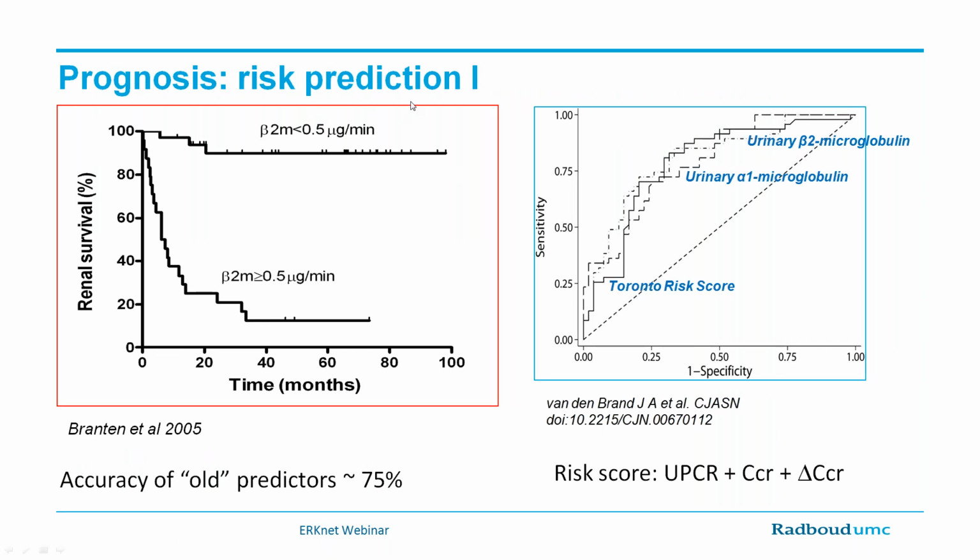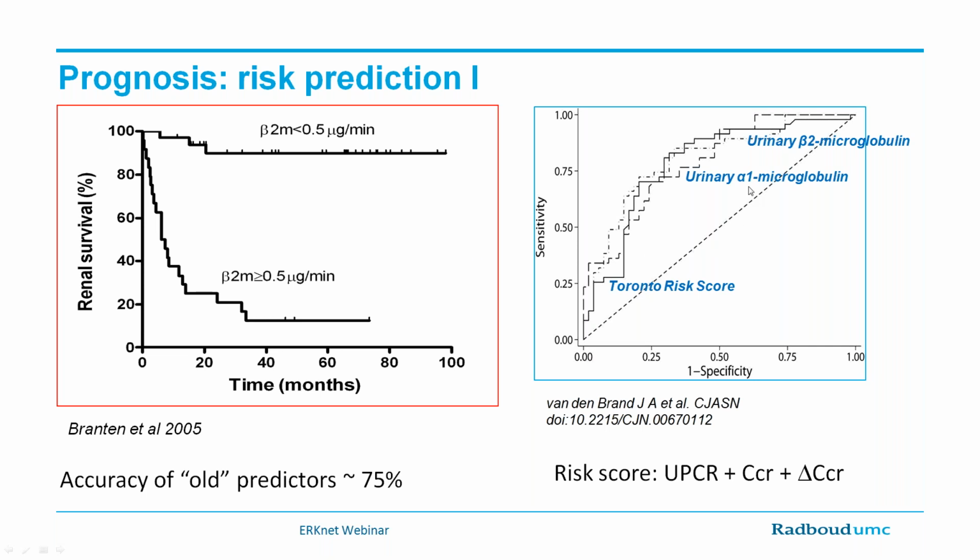This slide shows you the prognostic risk prediction by using urinary low molecular weight proteins like beta-2 microglobulin. In this graph, it's clear that if you have an increased excretion of beta-2 microglobulin using a cutoff value of 0.5 micrograms per minute, then the likelihood of renal survival is bad and the likelihood of progression is more than 80%. Whereas if you have a low excretion of this low molecular weight protein, the risk of progression is below